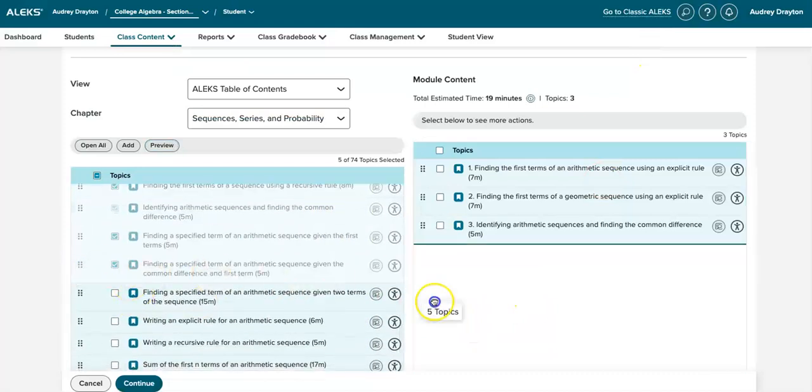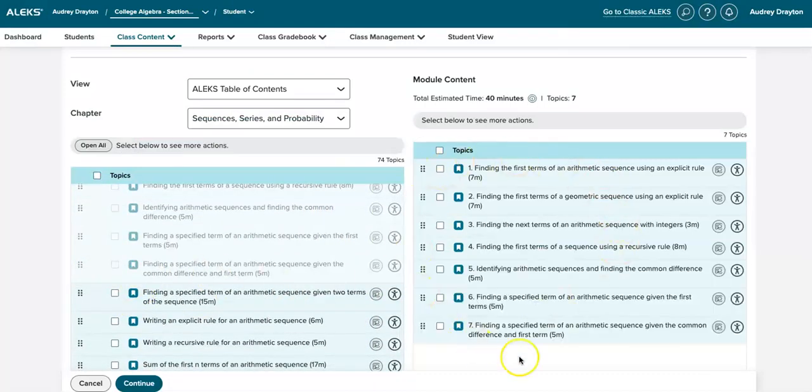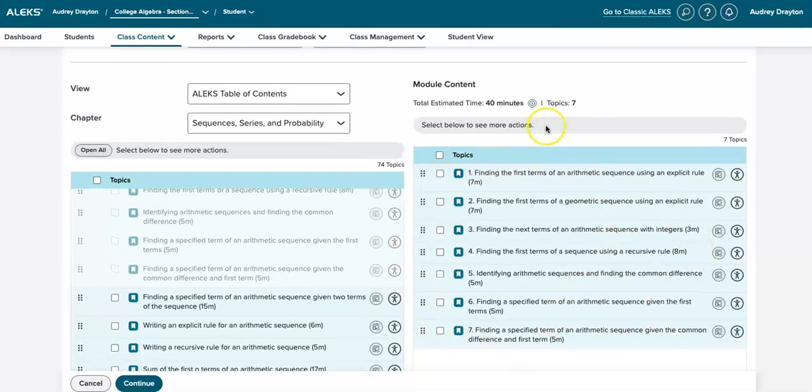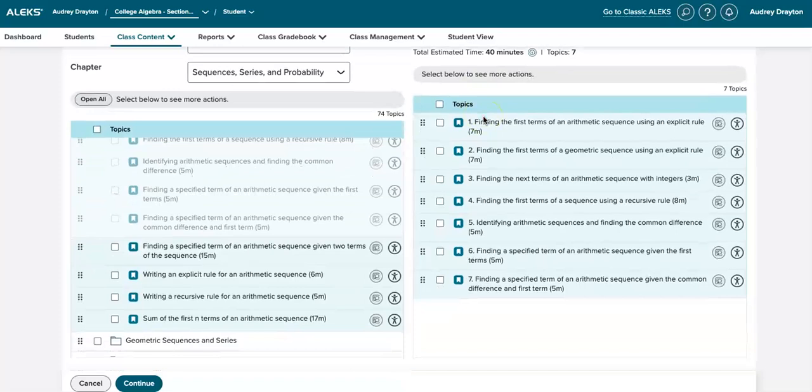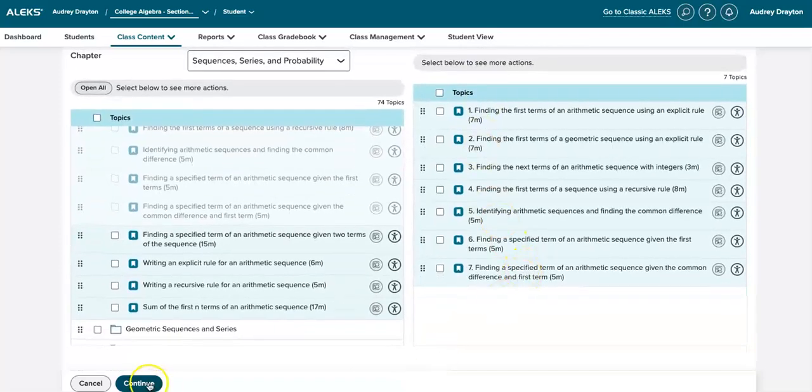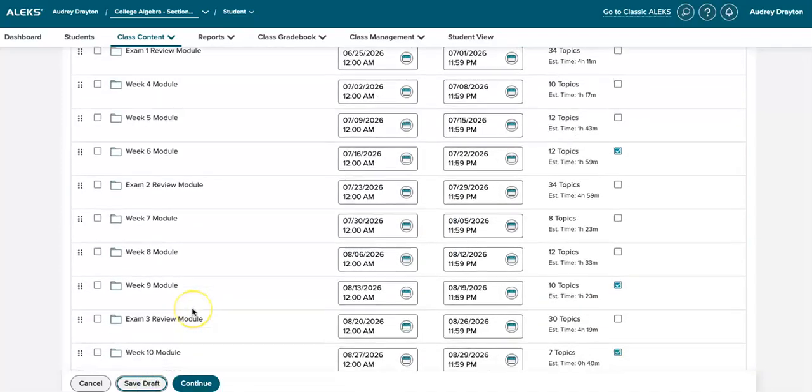Once you get your ALEKS learning module the way that you like it over on the right-hand side, you'll see a total estimated time. This is a good indicator of how much you're giving to the students. You don't want to give them too much or too little in these adaptive learning modules. Once you're satisfied with how your modules turned out, you can click Continue to go back to that module editor